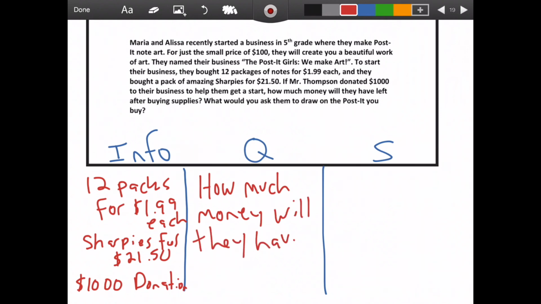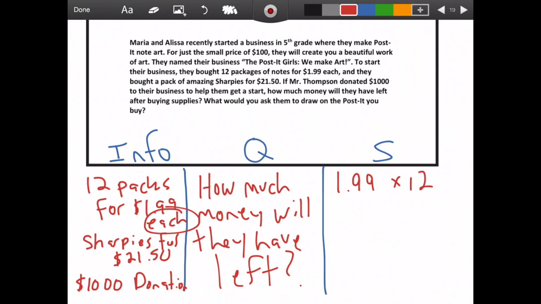So we know that they bought 12 packs of Post-it notes for $1.99. They then bought Sharpies for $21.50, and we know that they started off with that donation of $1,000, and we're looking for how much they had left. Now, when I'm seeing that, I'm noticing we have that $1.99 that they're going to have to pay for each pack. That word each was pretty important. Each pack, which tells me I'm going to have to multiply that by 12